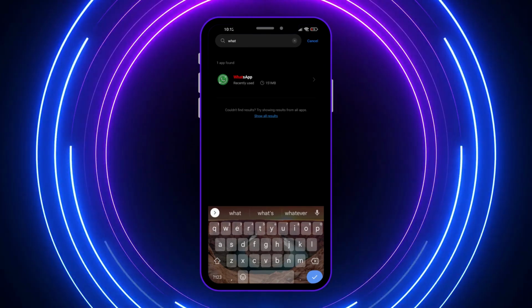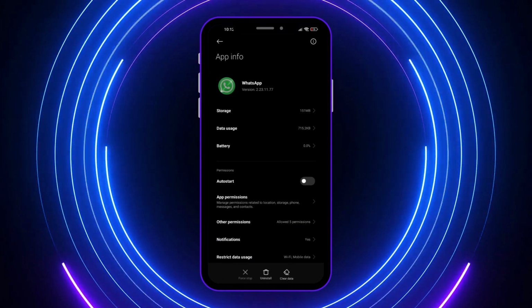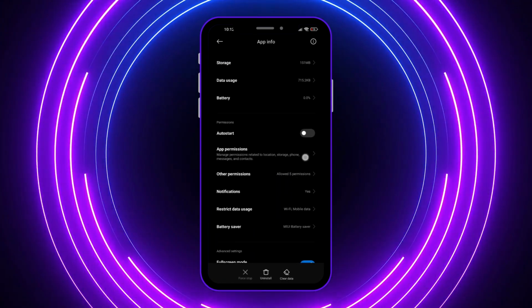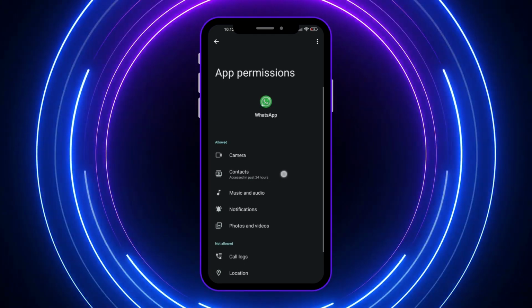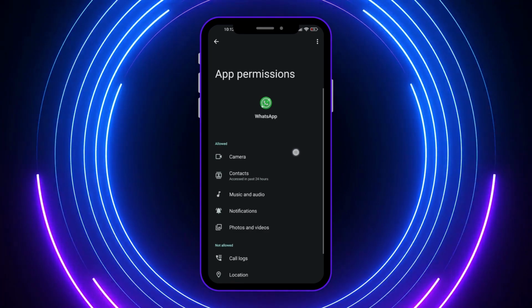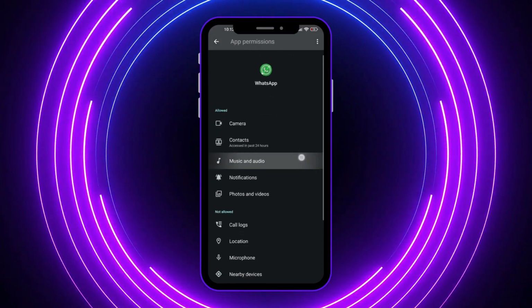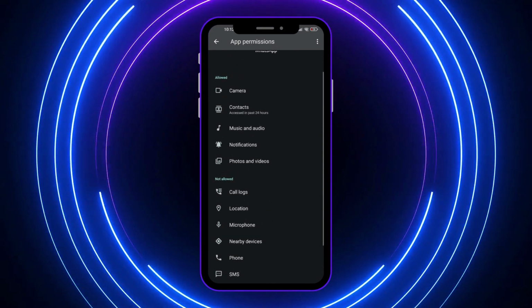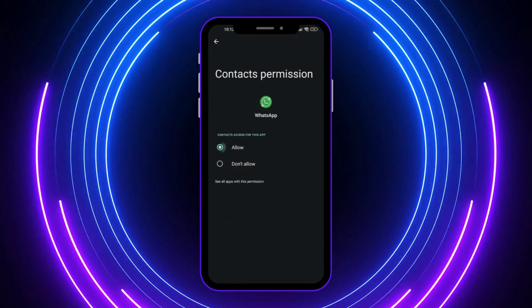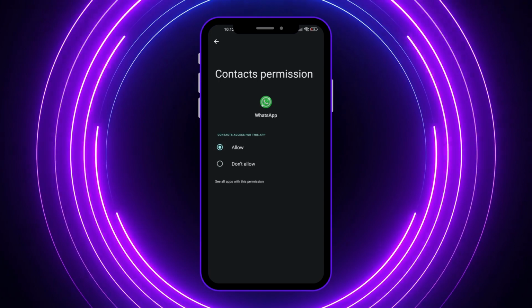So from here we want to tap on WhatsApp right here, and from here you want to go into your app permissions right here, and you want to make sure that the contacts option right here is set to allowed. So if it is right here, in your case, then you want to tap on your contacts right here, and you want to make sure that this is allowed right here, because the only reason